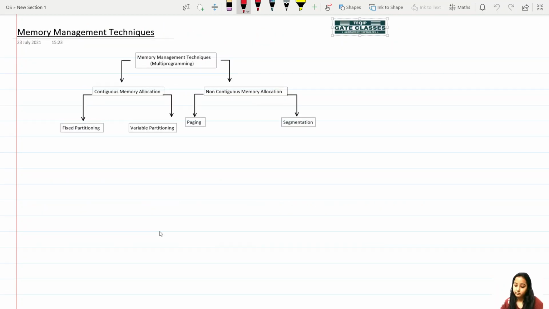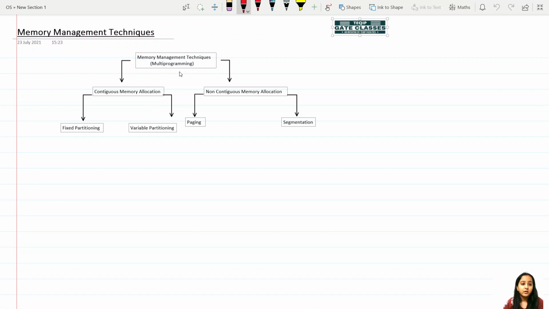So the problem will arise when we do the allocation, deallocation. So there you encounter different types of problems. To solve the different types of problems, we need the memory management techniques in multiprogramming. Because more processes are running, there may be problems. So to manage those problems, we need the memory management techniques. We will understand one by one what you understand by all these techniques. So you can see the flow chart here.